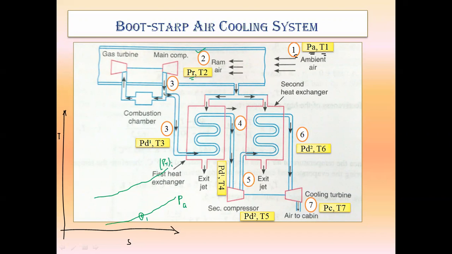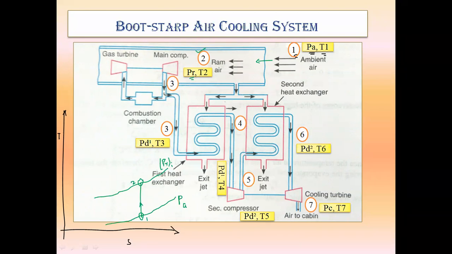First one will be called the ideal ram pressure, and the second one will be called the actual ram pressure. So this process 1 to 2 takes place without occurrence of friction. That means if this process is isentropic, that is, reversible adiabatic, then it might be shown likewise as the 1 to 2 process. This 1 to 2 process is called an isentropic compression or isentropic ramming process.